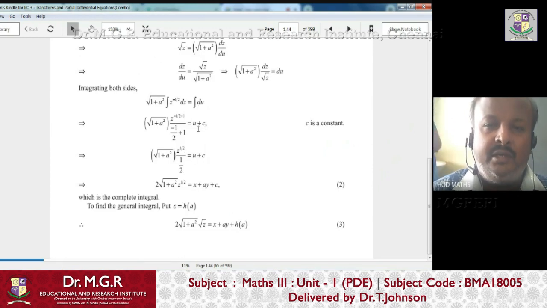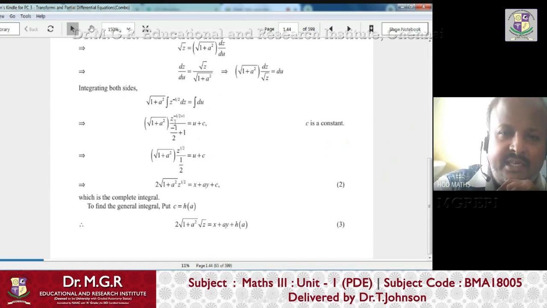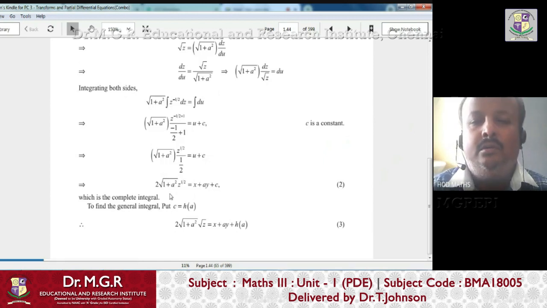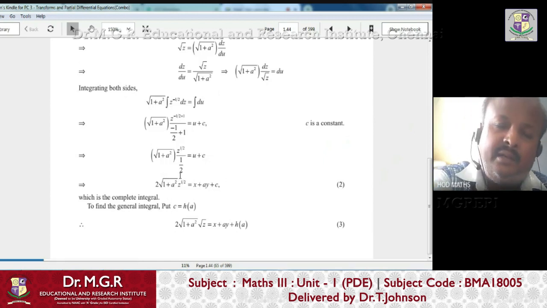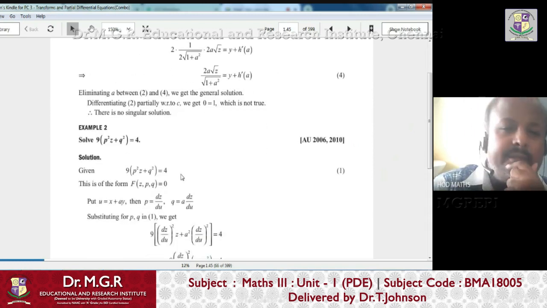If you expand that U, you will get x plus AY. When you integrate du, you will get U. But when you integrate, you have to put an arbitrary constant on the right hand side. That arbitrary constant is C. But on the left hand side, the idea is entirely different. Here you have to integrate dz with respect to z, using the simple integral x power n formula, and you can get this, right? So this is the relation between the independent variable and the dependent variable. Moreover, you have two arbitrary constants, which equals the number of independent variables. So we call this a complete solution.